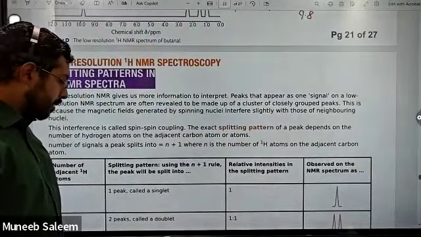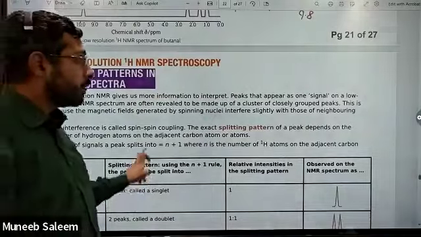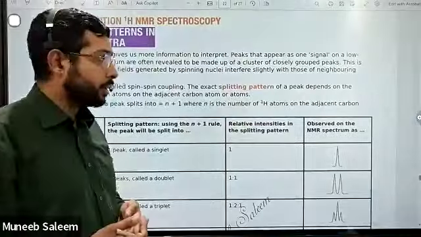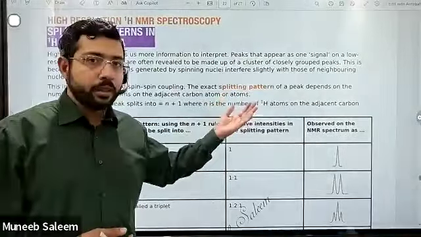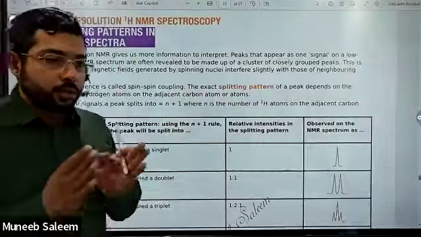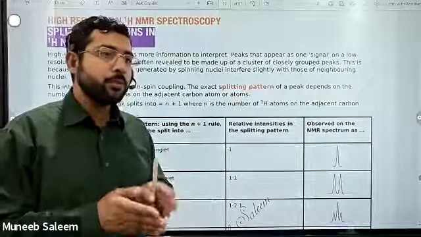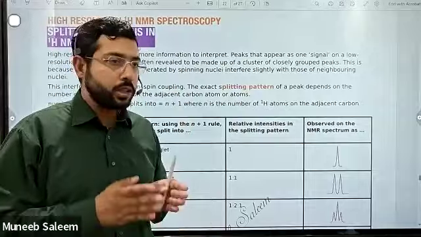Now, the other type of NMR spectroscopy is high resolution NMR spectroscopy. Now, there's a different concept which is applied here. We have the splitting pattern. Splitting pattern means that within the structure of organic compounds, the hydrogen atoms of an adjacent carbon atom,